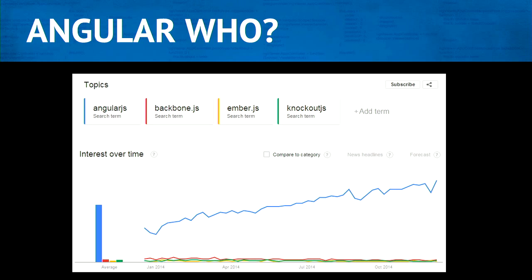So Angular who? That, of course, is us. We're all here because of this little graph right here. This is from Google Trends for this last year. Angular has just taken off. And if we're coding in Angular, as most of us are, you can tell why. It's highly productive. It just works. It fits with how my brain thinks.